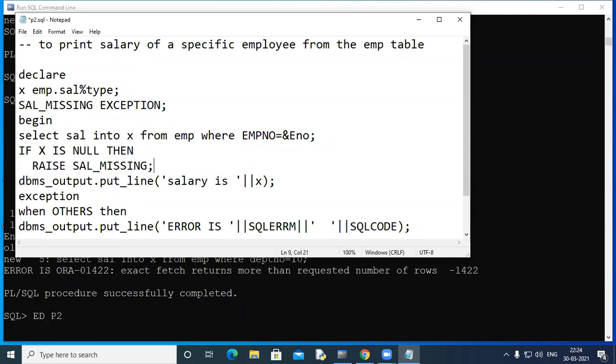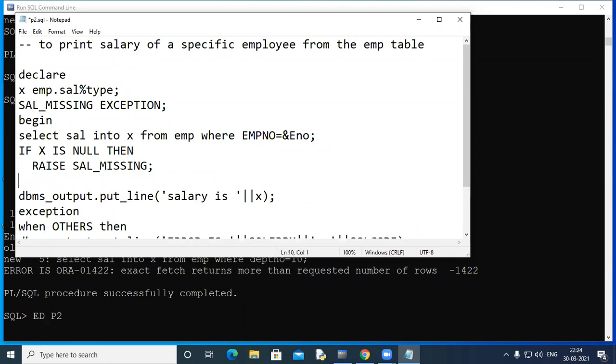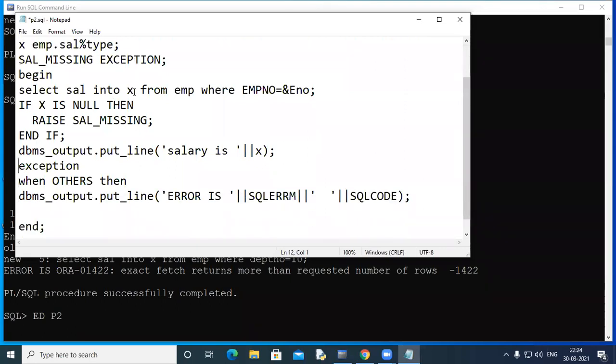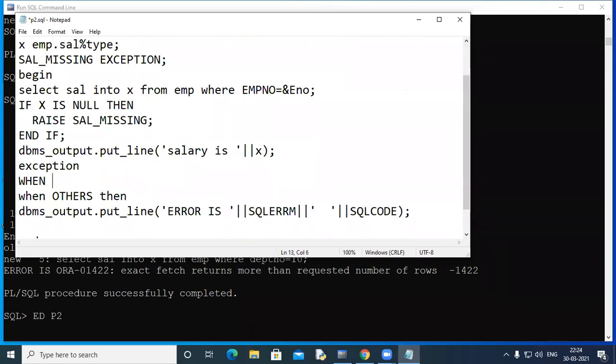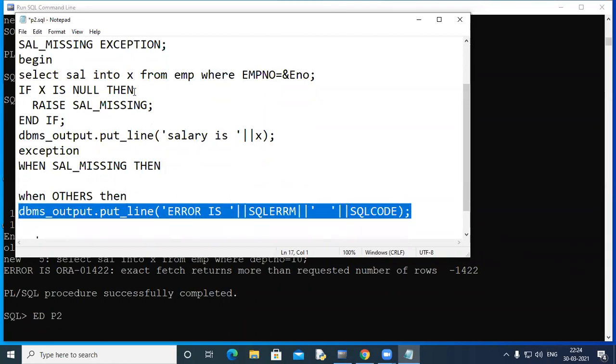So you raise it when an employee is found but is having salary as null. So if X is null, then raise this. Okay, that's it. End if. Otherwise, if X is okay, then it will print the salary.